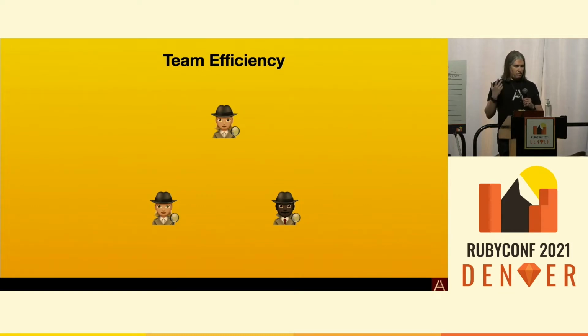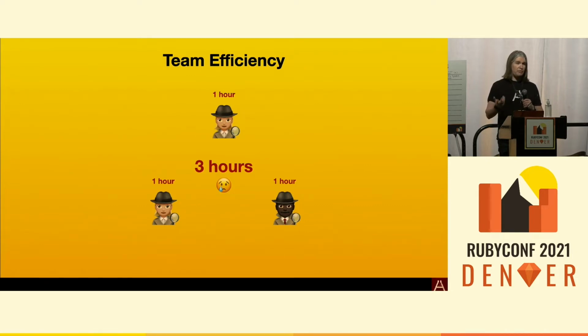If you have a really bad, gnarly part of your code base that's hard to read, hard to understand, and even go back into your Git log and try to understand how the team got to where it is today, that costs time. So if you have one of your engineers taking an hour to understand that, another engineer doing the same thing, you spent 3 hours just in your team alone trying to understand a really bad code path. So try to be a good citizen to your team and make sure that it's very easy for them to read and get up to speed as quickly as possible.